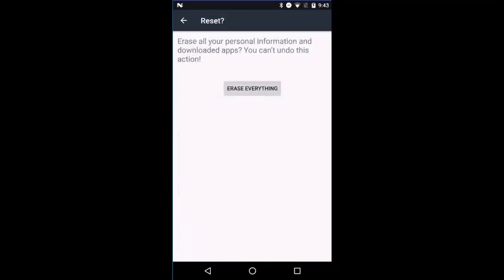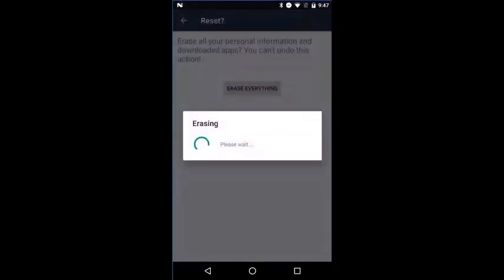And on the next page, it still gives you one last chance to back out. So it's asking you one last time, are you totally sure about this? If you want to back out now, you can hit the back button. But if you're ready to erase everything on this phone, you can click the Erase Everything button. And now it is saying erasing data, and this is going to take a while. Something like 20 minutes later, my phone restarted, and this is what I see.